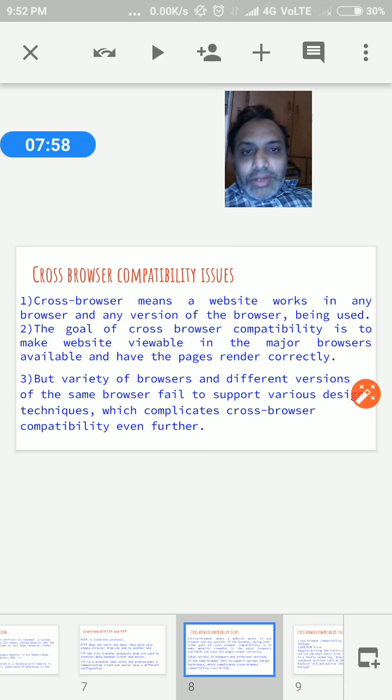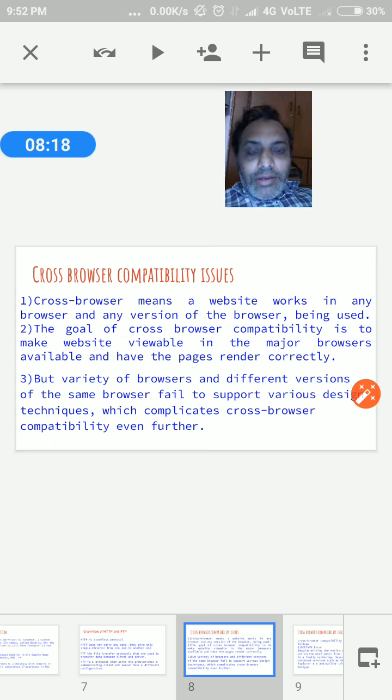The goal behind that is that whatever application the developer creates should run on all browsers correctly and render correctly. Rendering we can also call mapping.